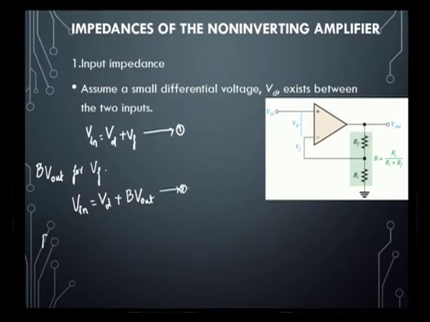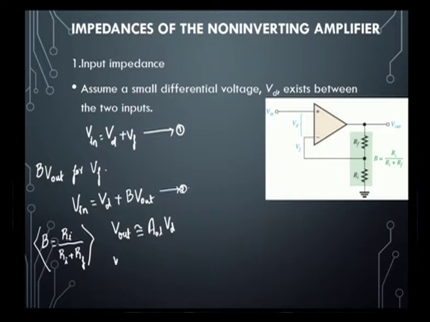So, we know the B, what is the B value? B will be equal to Ri divided by Ri plus Rf. Substituting this value for above, we need to remember this B value here. Next, we are going to consider V out. V out is approximately equal to AOL, the output open loop gain of a non-inverting amplifier. So, using this we can get the V out.